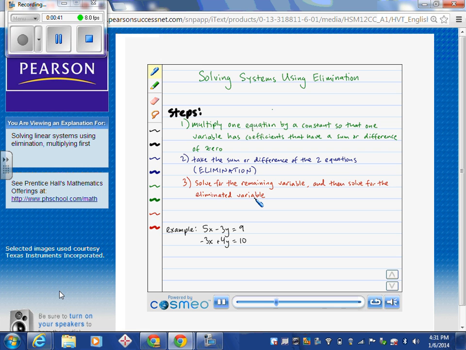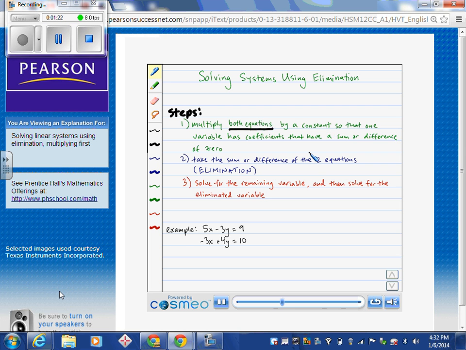Now sometimes we have a situation where we can't multiply just one equation by the constant so that we have variables with good coefficients. Sometimes what we have to do is actually multiply both equations by a constant. So we'll have to look at our systems to see whether we have to multiply one equation or both equations. And the example I want to show you will give us an example of having to multiply both equations by